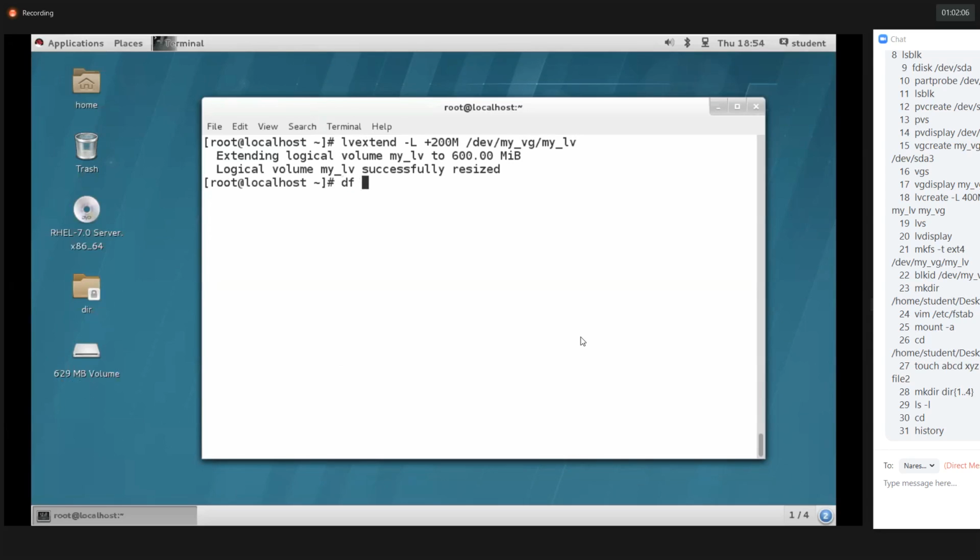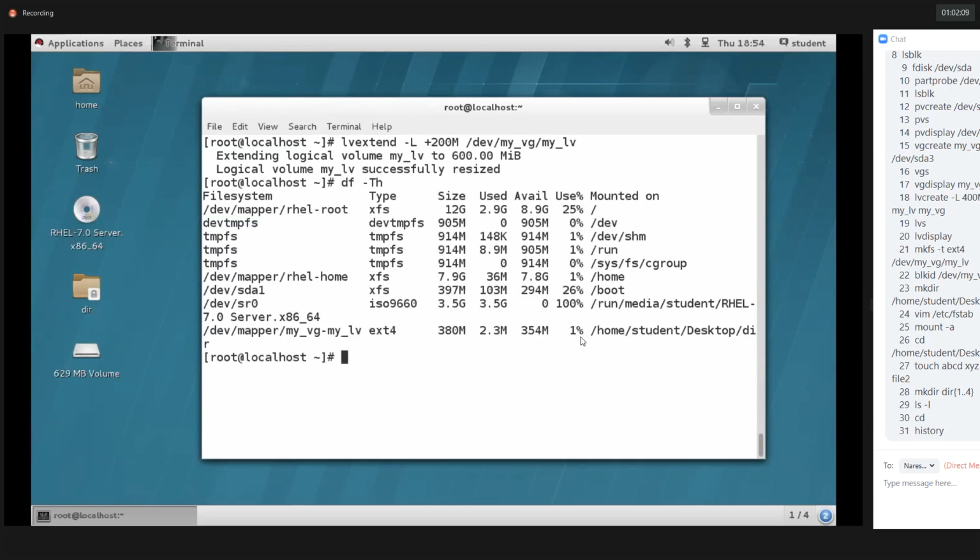Now let's verify with the help of the df -h command. I executed the df -h command. This is the volume. There's the file system name, and the type of the partition is ext4. If you observe the size, we still have 400 MB. It's not increased. So after executing this command, lvextend hyphen capital L plus 200 MB, and then providing the LVM path here,